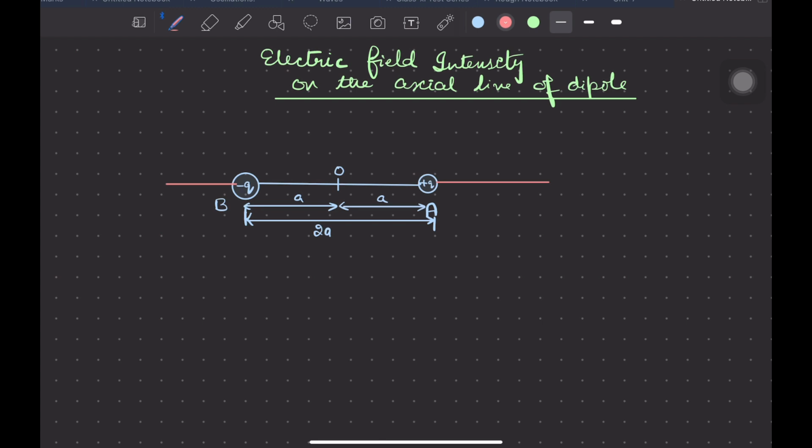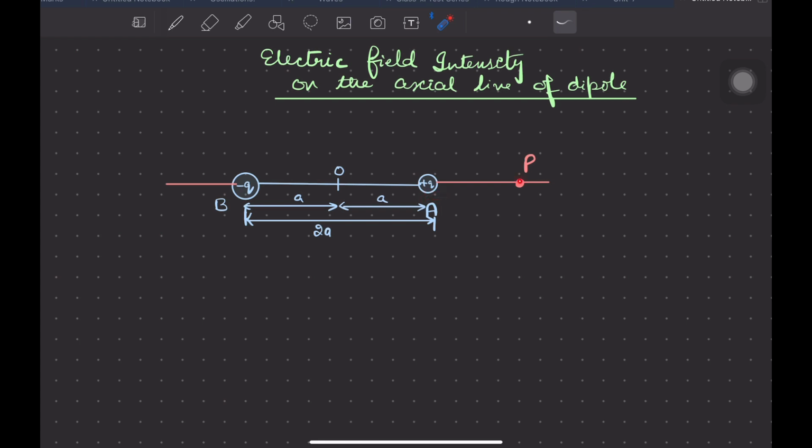Let's say I have chosen this point called P on the side of the plus q charge, where I want to find the electric field intensity due to the dipole. If I say that this plus q charge is the only charge present, and let us ignore the minus q charge, I just want to find the direction of electric field intensity at point P. I cannot find the electric field intensity until and unless I consider a test charge over here. Only then I will be able to understand the nature of this plus q charge.